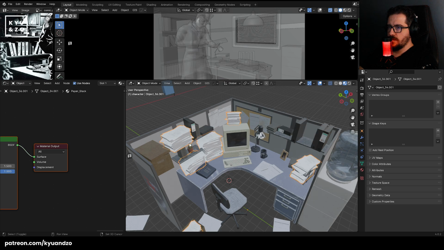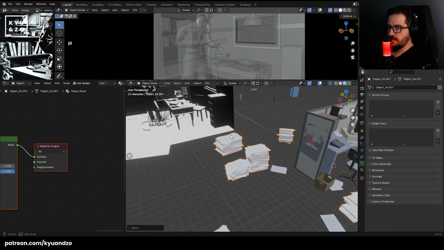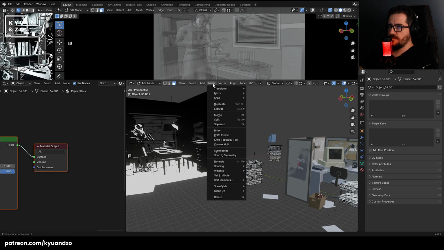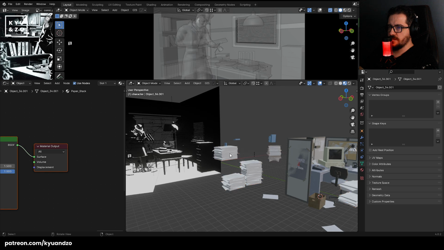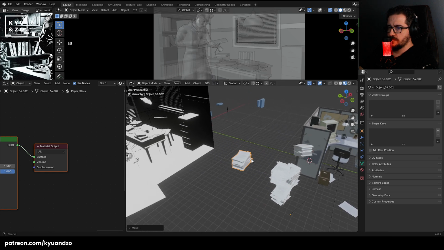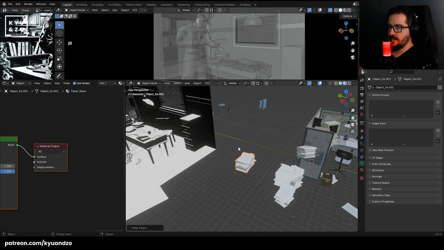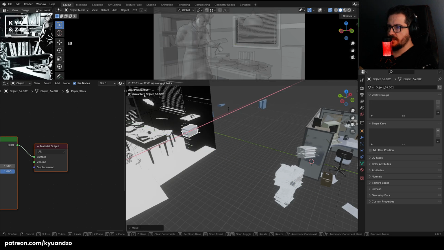Yeah, I'm gonna use the pile here. That's enough. Separate selection. Clear and keep transformation. Origin to geometry. And